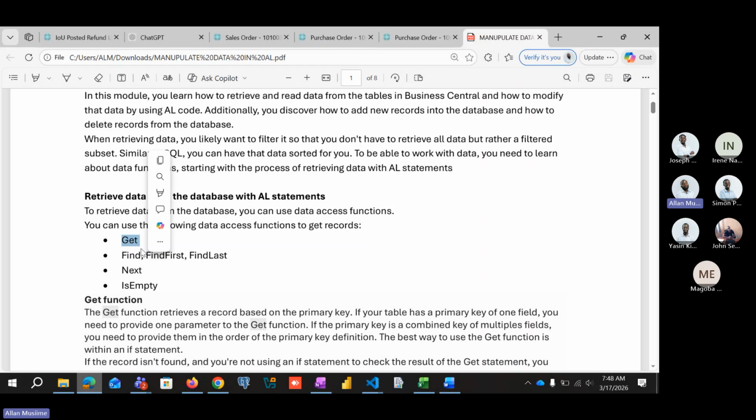So the Get, this one is used to retrieve data using the primary key. If you put a field that is not a primary key in this Get, you won't retrieve that data. And if you read through what they have written, they will tell you that it's better to use the Get in an if statement. Instead of saying Customer.Get as a plain statement, you are supposed to say if Customer.Get, you write what you want, your logic, then else you put an error message